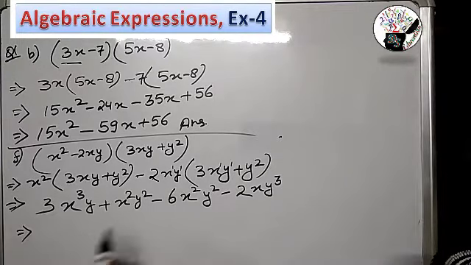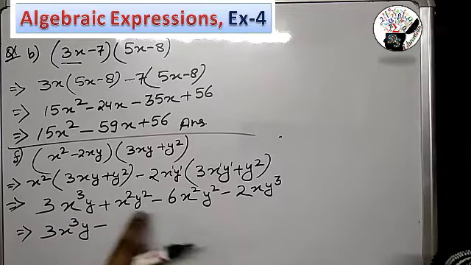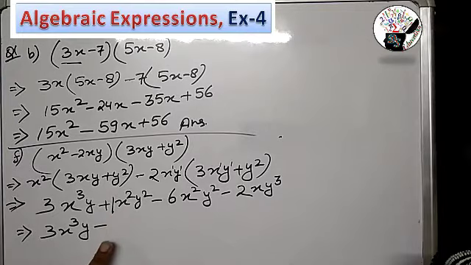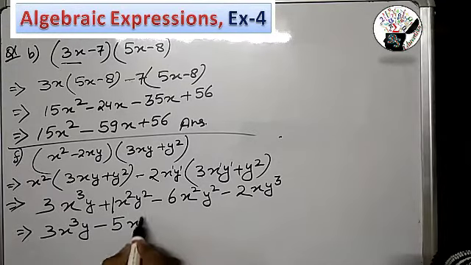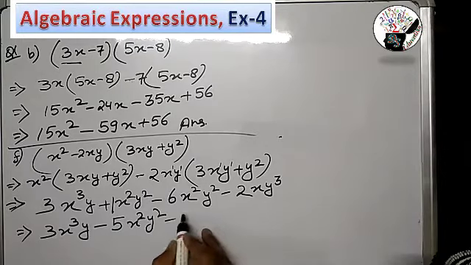Now next, the two central terms, if you see, they are like terms, so we will add them. Okay, that is 3x cube y plus, now here see, this is plus and this is minus. A term which is not having any numeric value, we take it as 1. So 1x square y square has to be subtracted from this. So now the bigger value is minus 6, so the sign will come of the bigger term, that is minus. It will become 5x square y square minus 2xy cube.